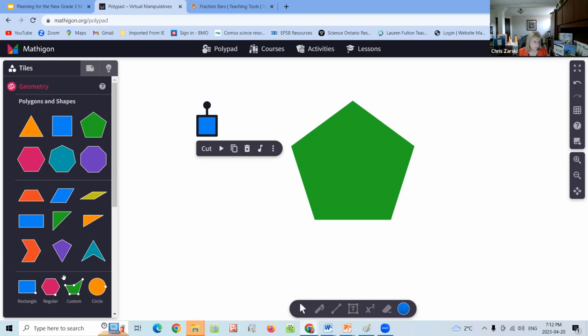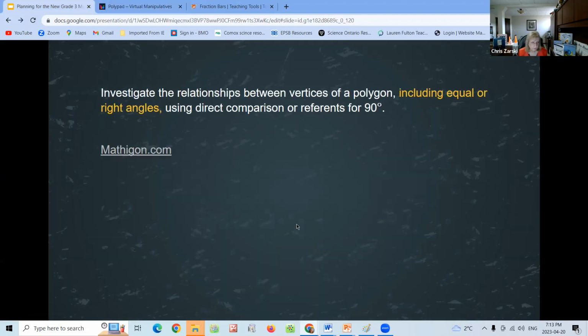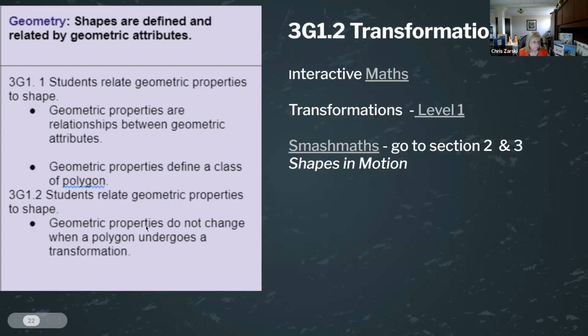These ones are also polygons. They're all polygons. This is a quadrilateral. It's got 4 sides, but it doesn't have 4 sides that are the same, doesn't have 4 angles that are the same, etc. Okay, so this is a good place to do that kind of work, but you probably have lots of shapes in your classrooms that you can use as well. So here's an example of the regulars. Here's an example of they're all polygons, but they're not regular. So that's the difference between these.